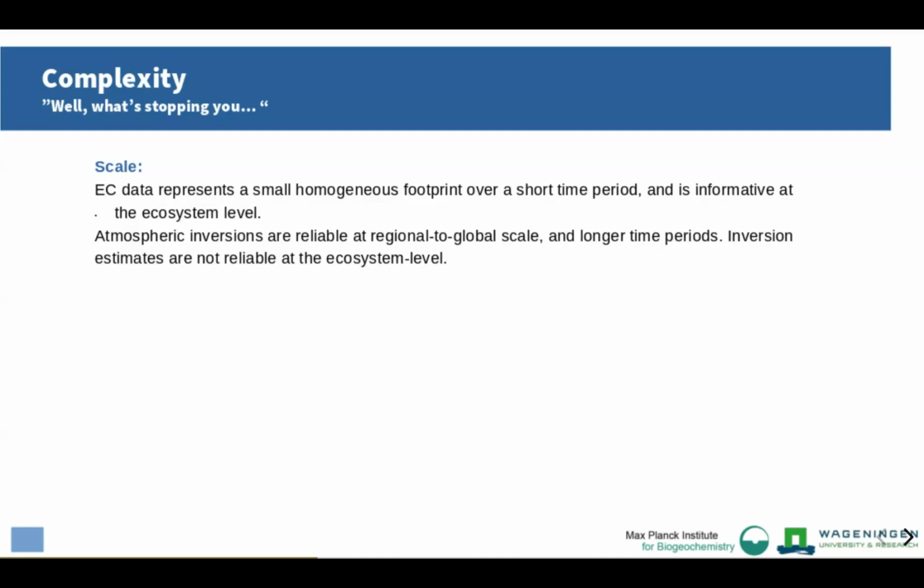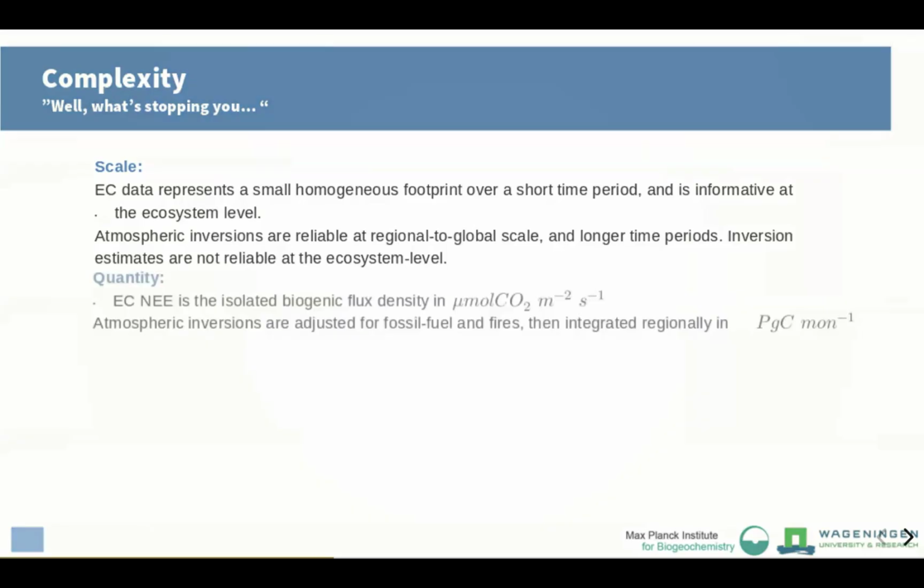Atmospheric inversions, on the other hand, are really not reliable at the ecosystem level. They are really aggregates over regions where the estimation is stable. Next, the conceptual quantities are quite different. Eddy covariance NEE is a very isolated, pure representation of that biogenic flux, and it's in micromoles CO2 per meter squared per second, whereas the atmospheric inversions are seeing,